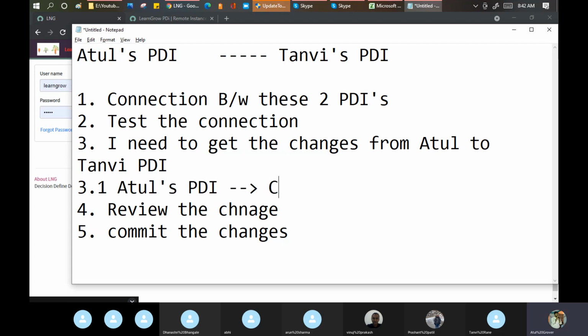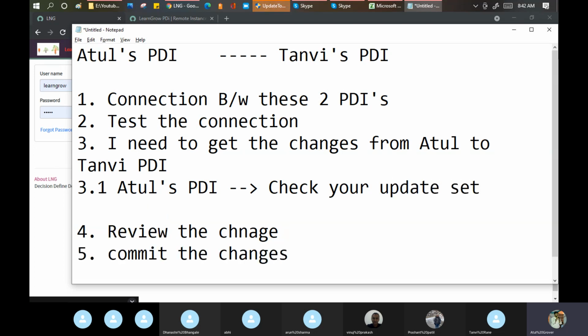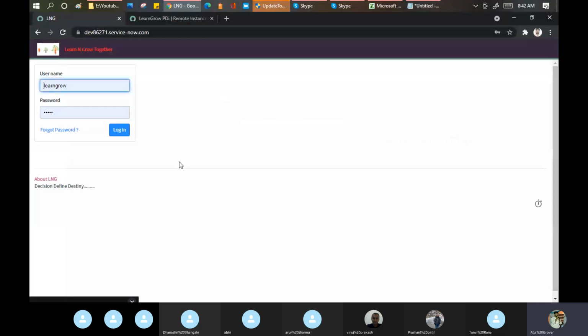Number one, check your update set. Number two, use your update set. Okay, now let's go here and let me log in.